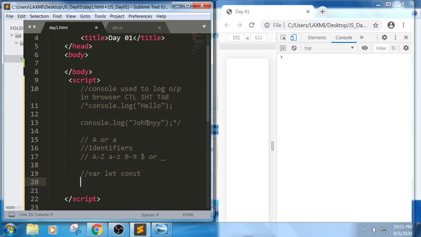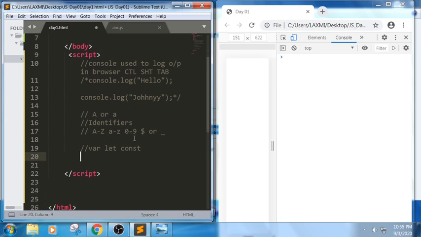Here we don't represent any data type. We represent the variable using keywords like var, let, or const. Var is the keyword used in previous versions like ES5 and earlier, whereas let and const are used in the latest version of JavaScript, that is ES6.